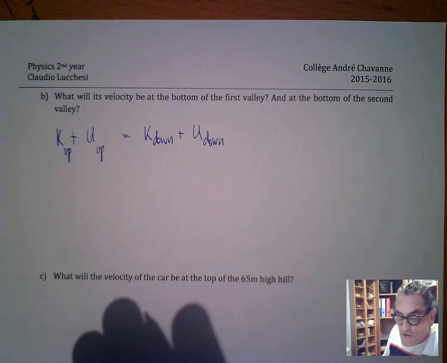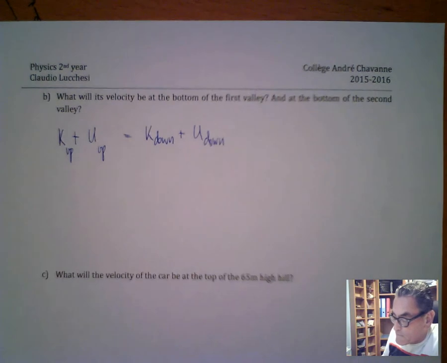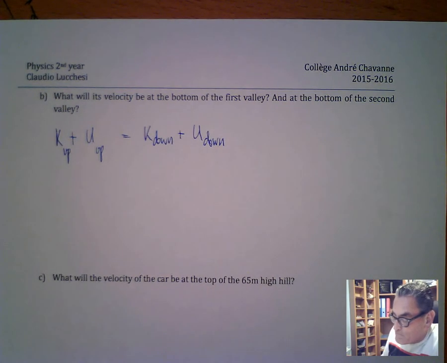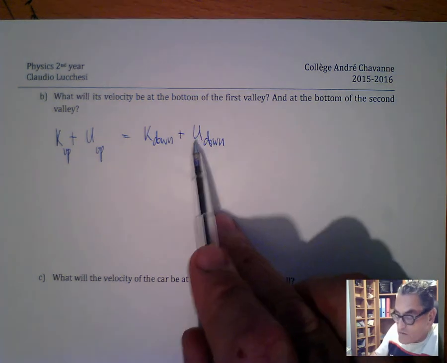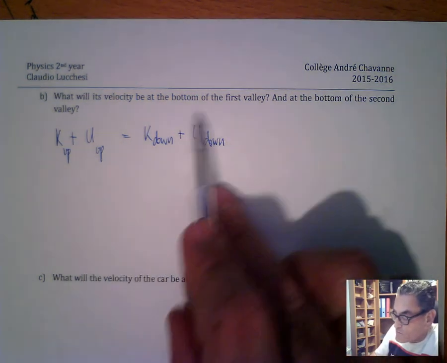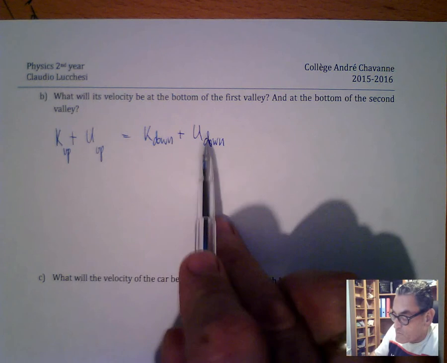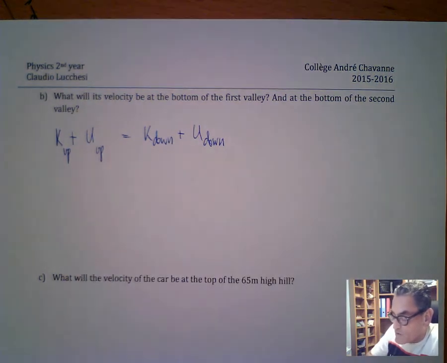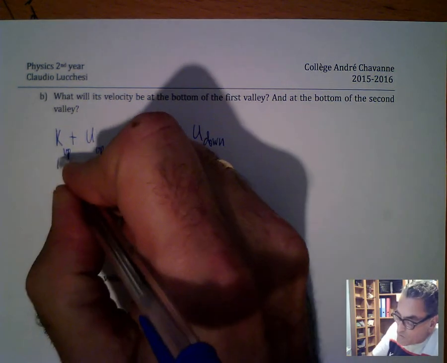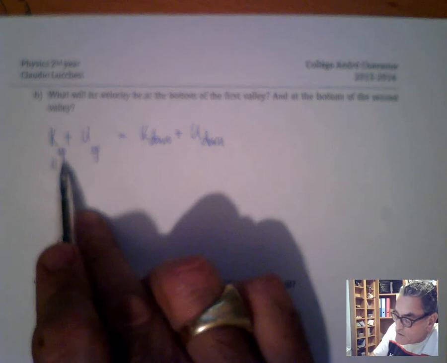There is no friction. There is an external force acting on the system, which is the gravitational force, but this force is taken into account by the change in potential energy. Okay, now what's the